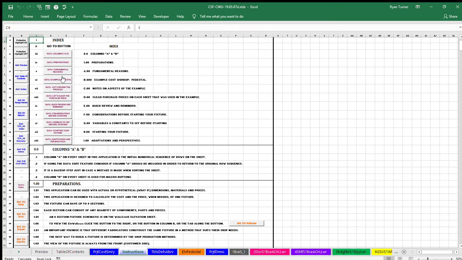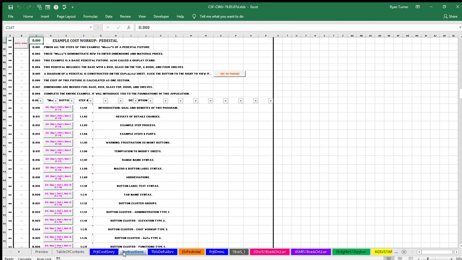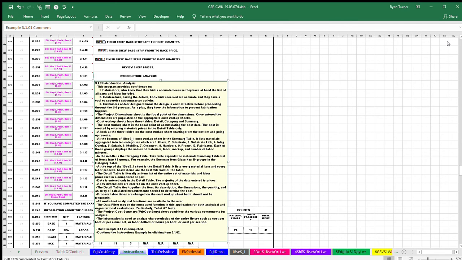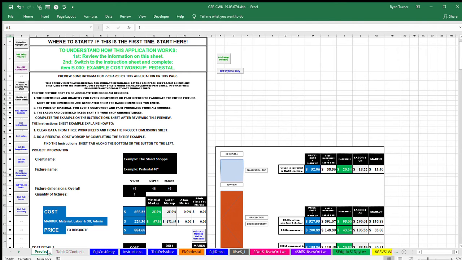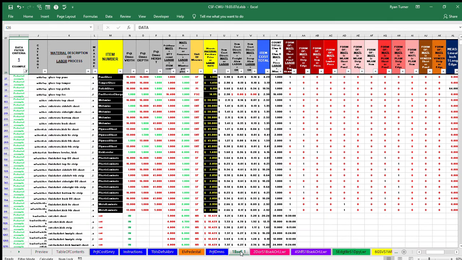Example, Cost Workup Pedestal. The focus of step 3 of the 3 steps is on the analysis of the results of the data entered. Example item 3.1.01 Introduction Analysis. This program provides confidence to